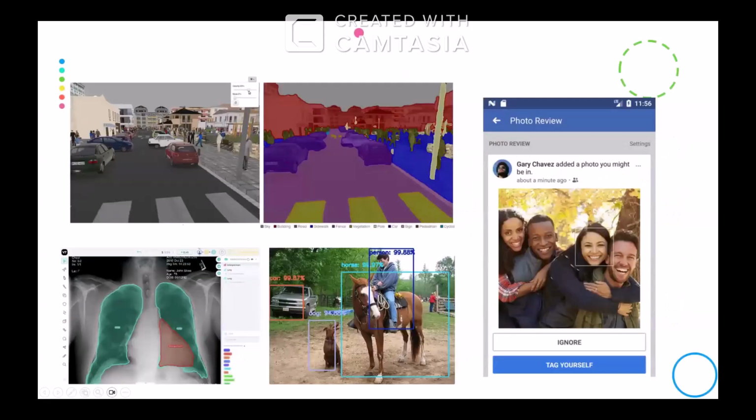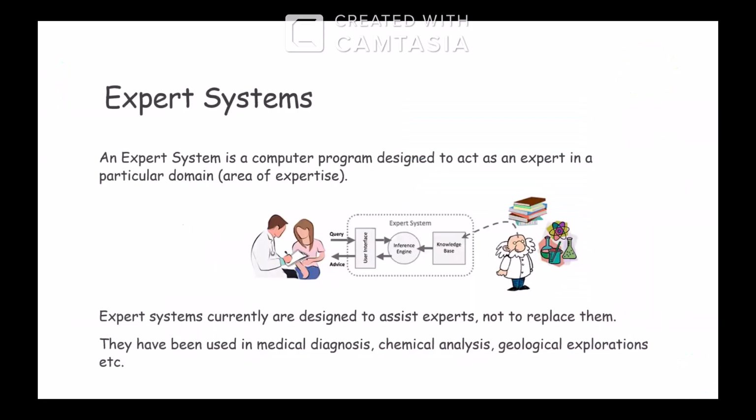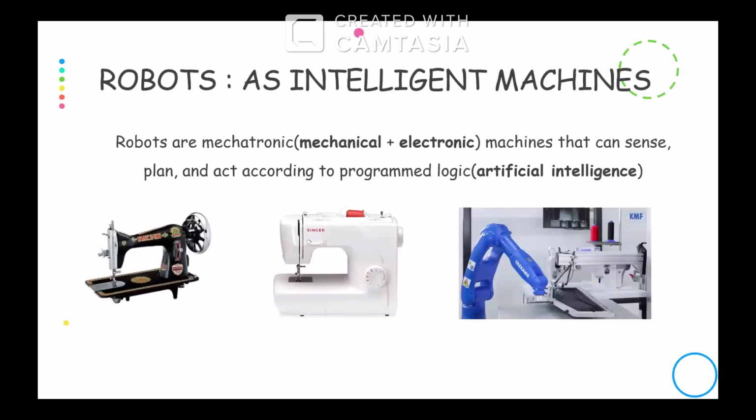So see, these are the computer vision techniques. Okay, these are all examples of computer vision. An expert system is nothing but what? A system that depicts like a human expert. The chatbots we are seeing in our bank websites will act like a bank employee, right? So that is an example of what? This expert systems.